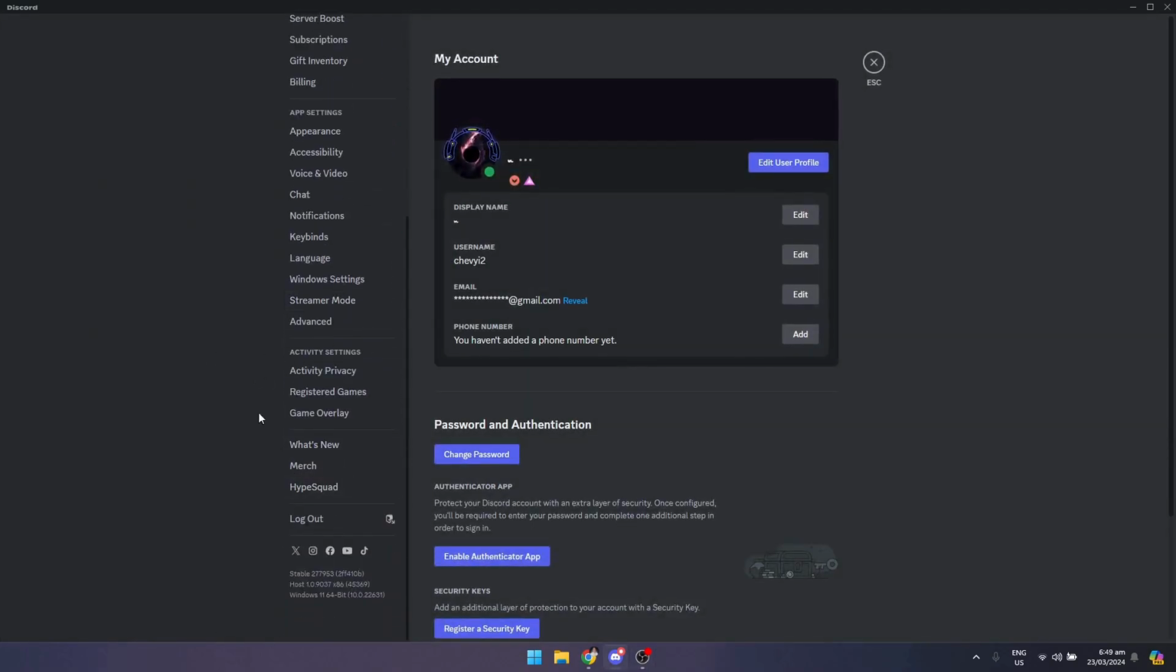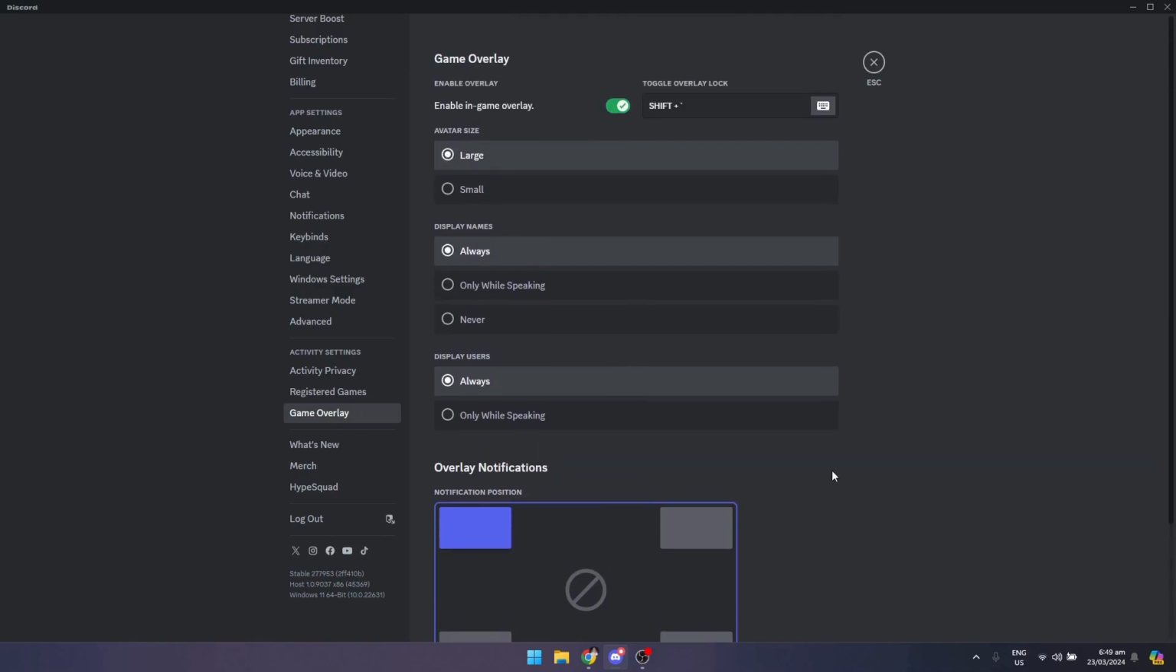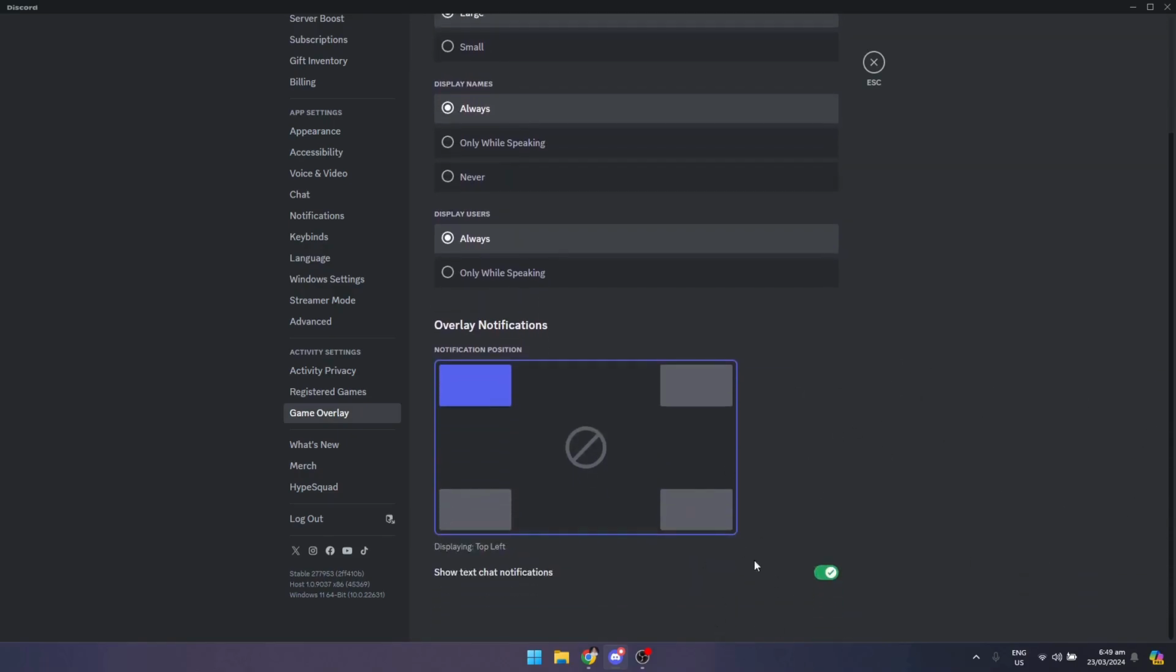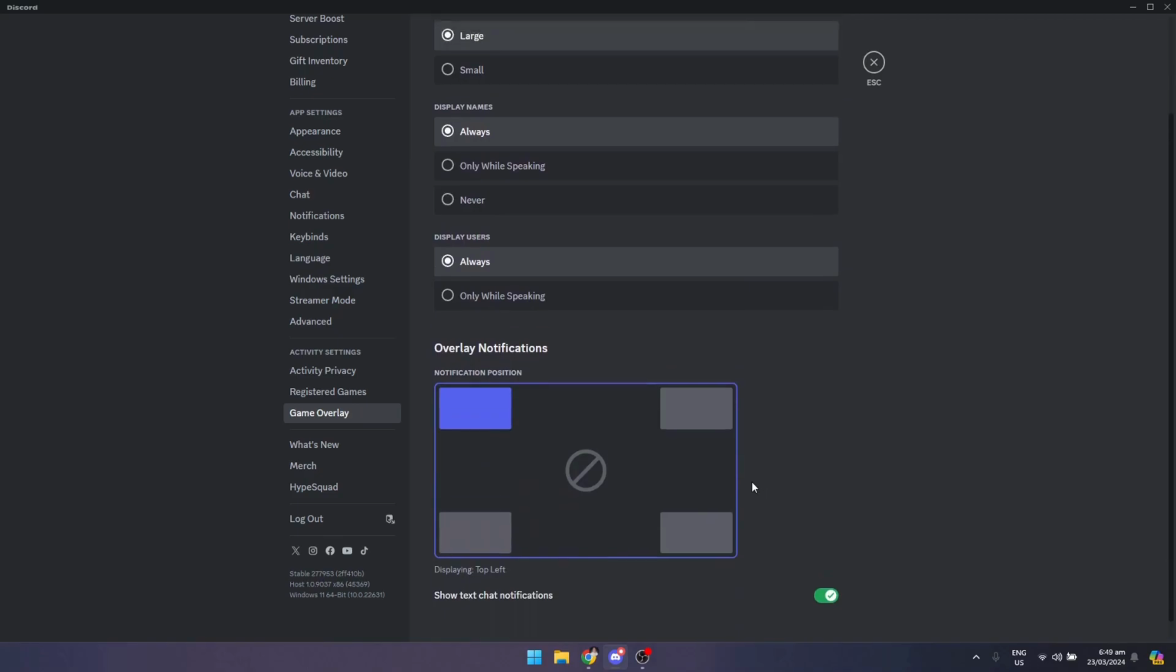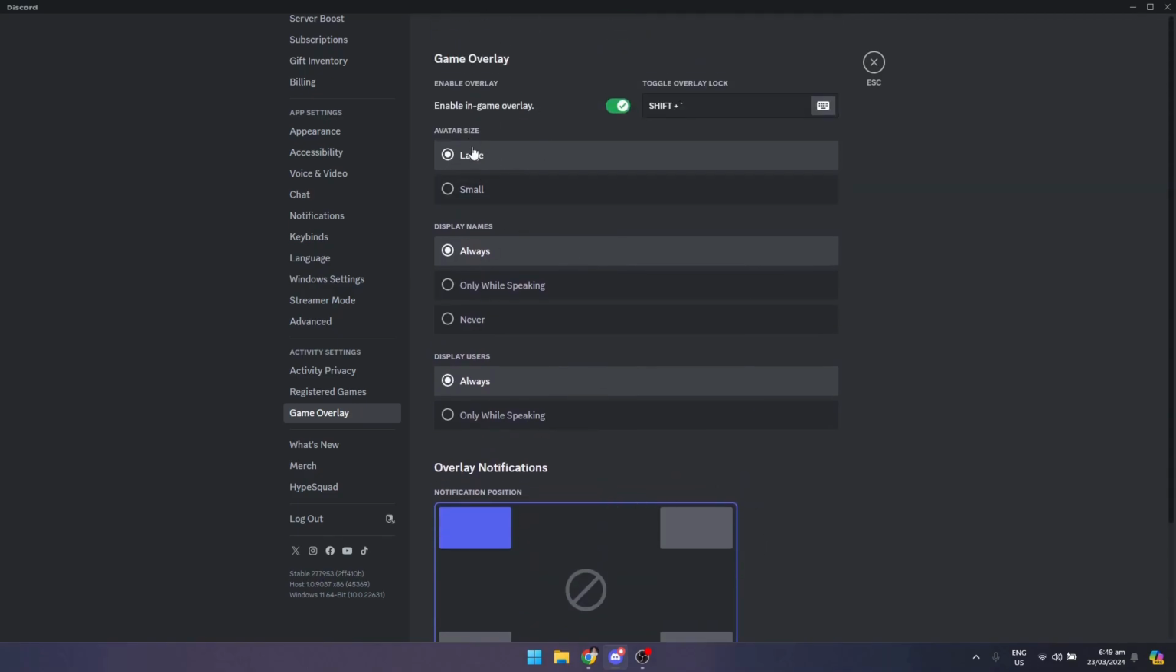Scroll down till you see the game overlay, which is under the activity settings category right here. Click on that, so you'll see all of these options. So if you just want to disable the text chat notifications, you can click on this one. But if you just want to disable everything, which is basically the in-game overlay, just click on this